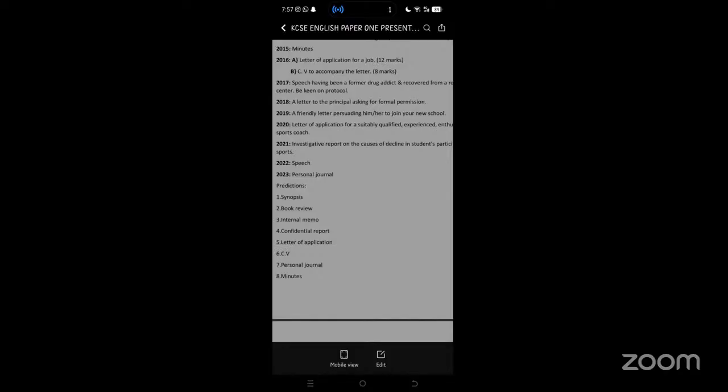All right. So I wanted us to have a look at all those things that have been tested. When I send you the notes, I would want you to keenly look at what has been tested. Now, down here, we add 2024: we did minutes. Then 2025, what did we do? Speech. Yes, thank you. Now, can you see that a speech was done in 2022 and it was repeated in 2025? Okay. Now, you also can see that letters, they're